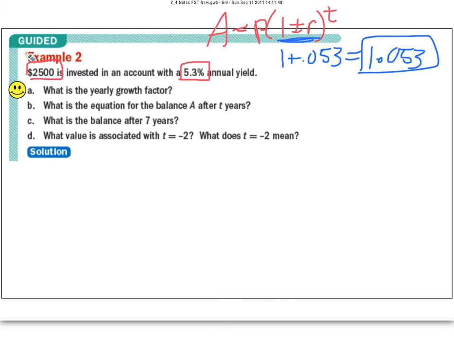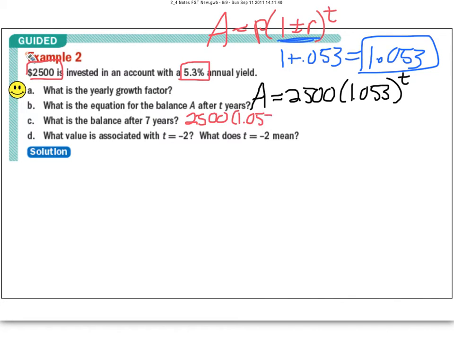Part B, what's the equation for the balance A after t years? So the balance is A, we don't know that. We know we are starting with 2,500. We already know the growth factor, and we don't know the number of years, so we put in t. Part C wants to know what's the balance after 7 years. So we're just going to take our formula from above, and we're going to put in 7 for t, and we will get